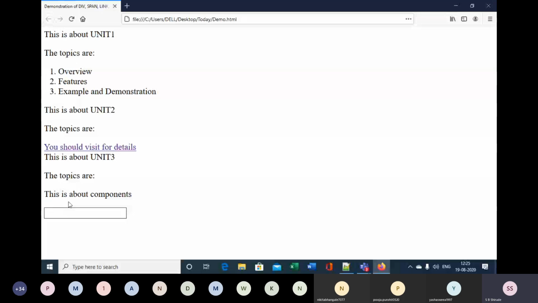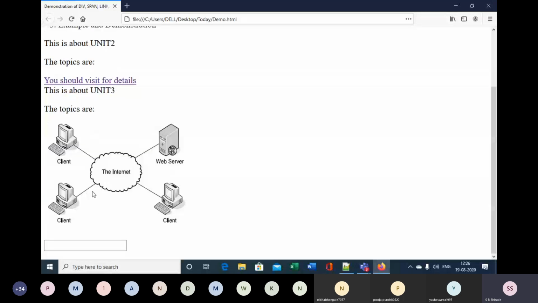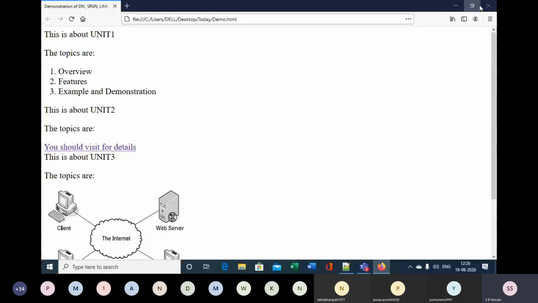But if I give the correct name of the file, that alternate text will disappear, and in place of that alternate text, the image will come. So this way we can make use of the img element. Get it? Okay.